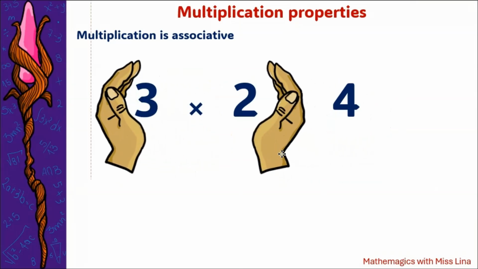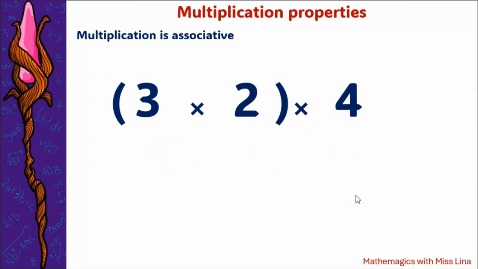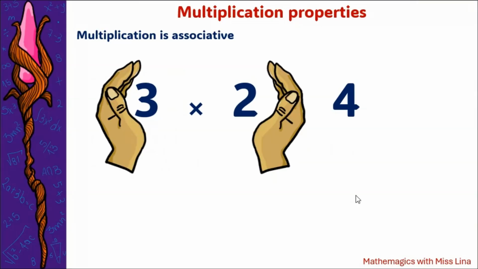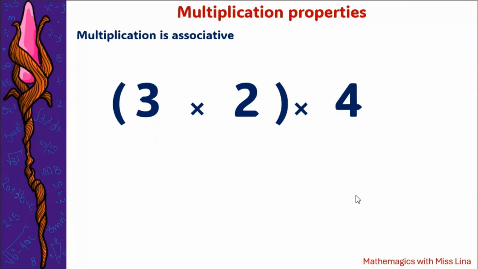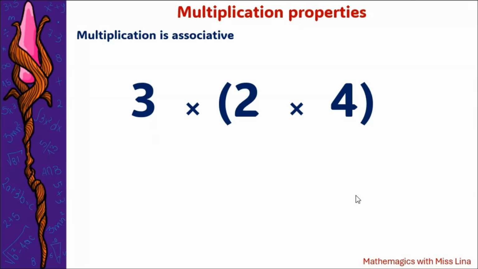So let's say that you want to do this operation first. The symbol in math is parentheses. That's why it looks kind of like a hand doing the groups of the numbers. So since multiplication is associative, we can do any group to solve this problem. We could solve first 3 times 2 or solve first 2 times 4 and we are going to get the